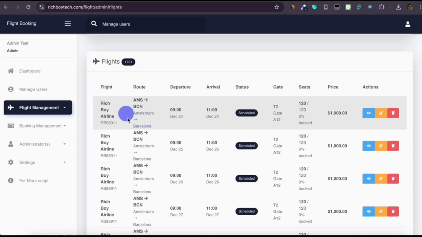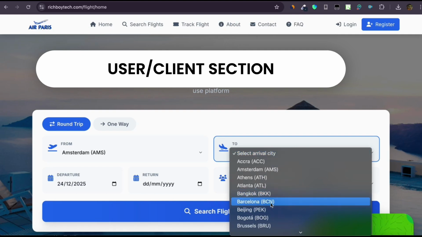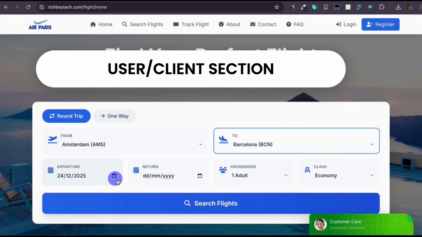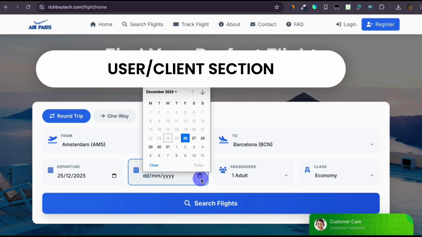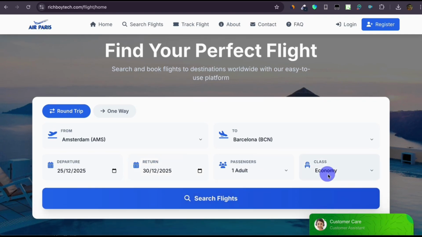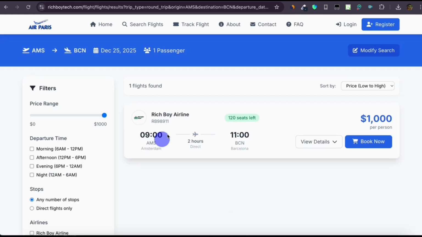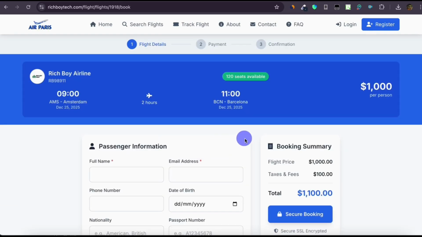So let's go back to the home page and book a flight from Amsterdam to Barcelona, the one we created. Choose the date, let's say the 25th, so Christmas Day, returning on 30th December 2025. One adult, economy. You can see this is the price we inputted, $1,000. A user can decide to book now and make payments. You can see